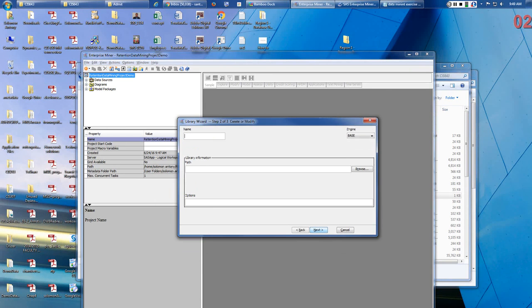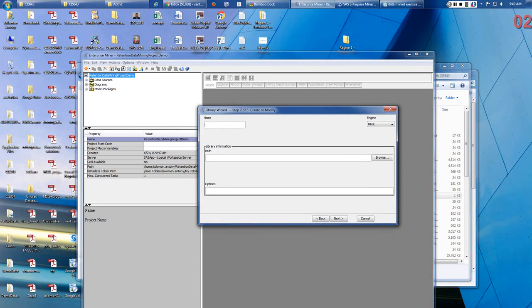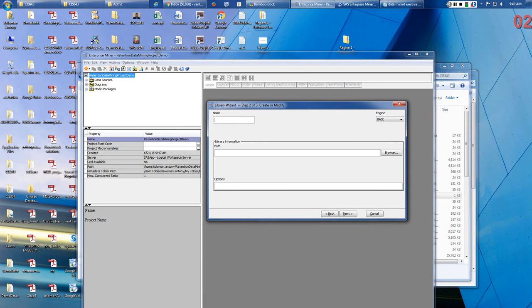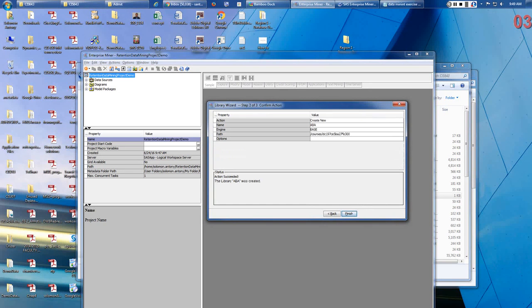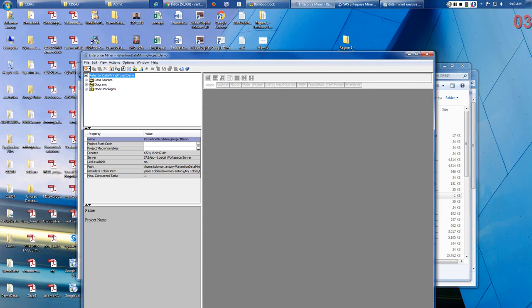I have already saved the data file on the space for our course. Let's call it, okay. Path. For path I will use /courses/DC197/CE5BA27FE300 and click finish. So I've named the library ABA, and now that ABA has been added, I can